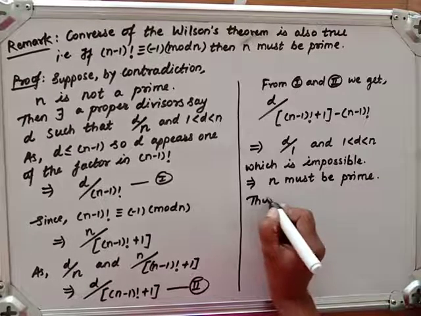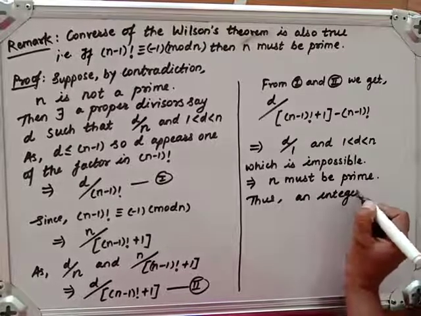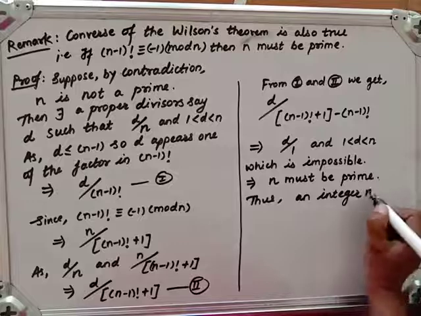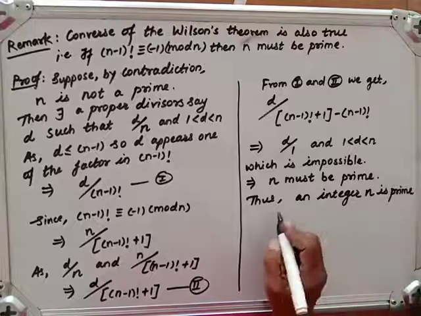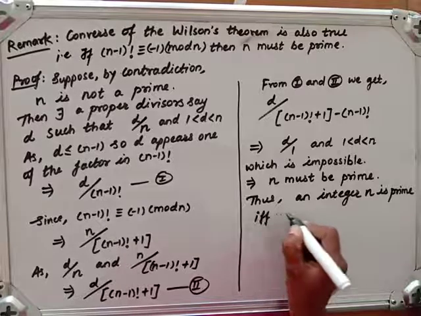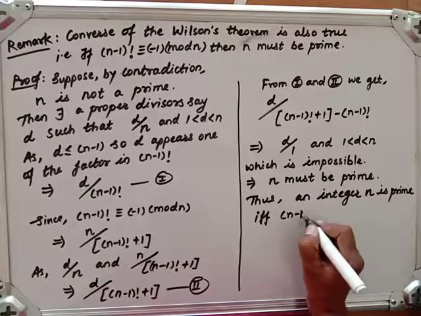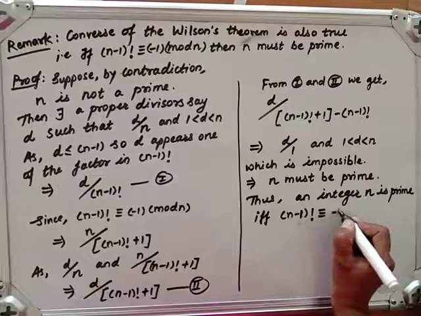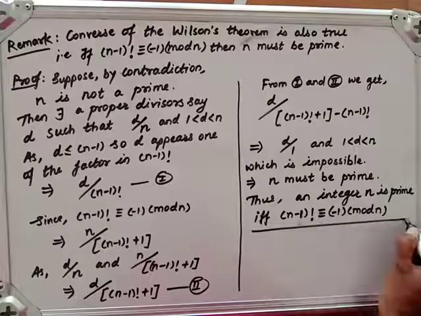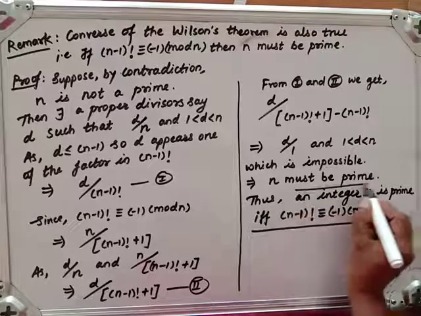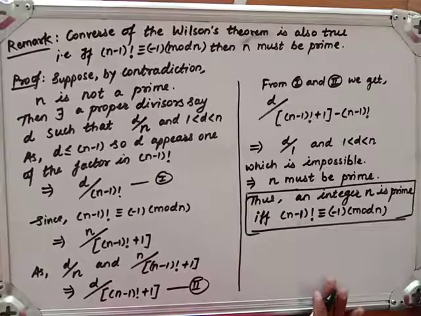Thus, Wilson theorem you can write: an integer n is a prime if and only if (n minus 1) factorial is congruent to minus 1 modulo n. This is true here. This is an important part here. This will be the proof of this theorem. Okay. Now next one,